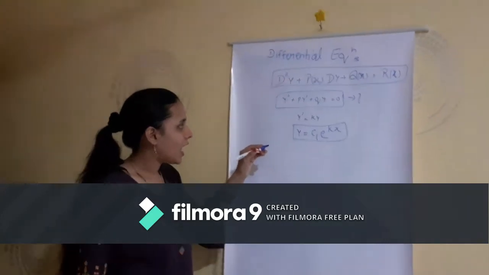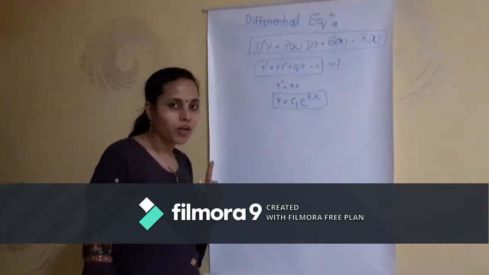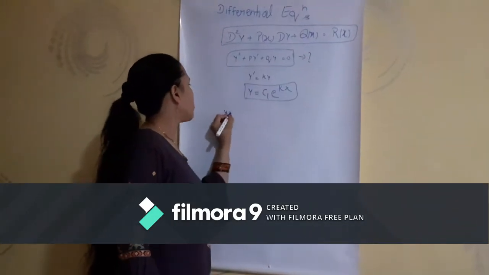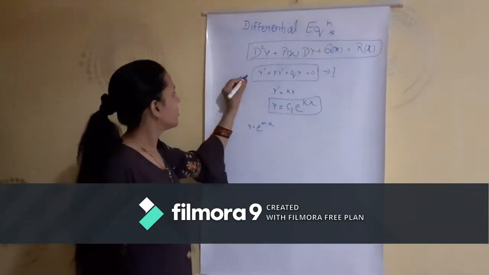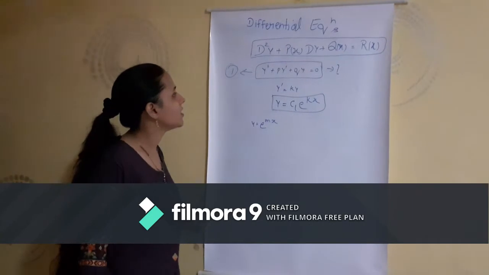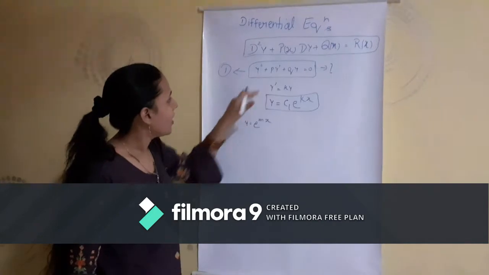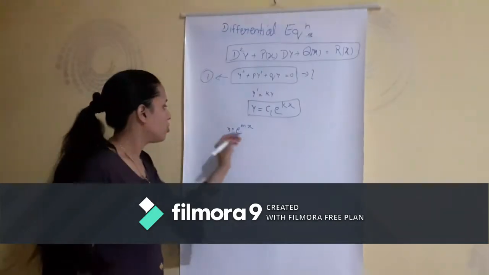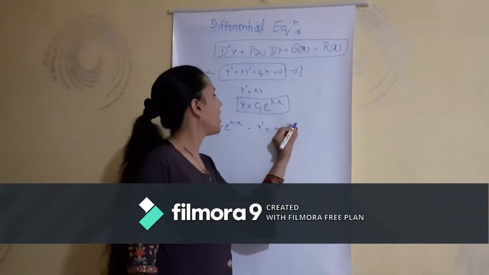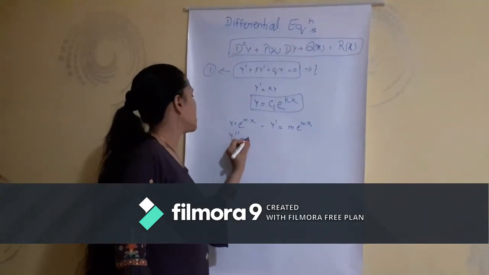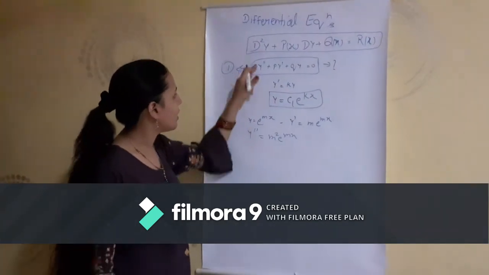Now similarly I will guess the solution of this second order linear differential equation. So what I will do here, I will consider that y = e^(mx) is a solution of this differential equation. Suppose this equation we consider is 1. So what I have to get there is y' and y''. Very first, y' here is m e^(mx), and y'' is equal to m^2 e^(mx). Now we will replace these values in this equation.